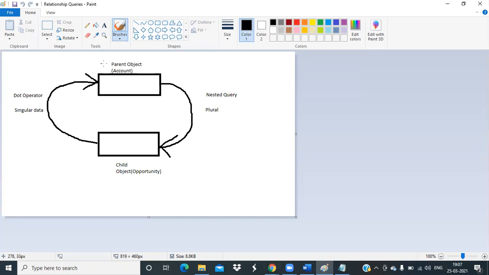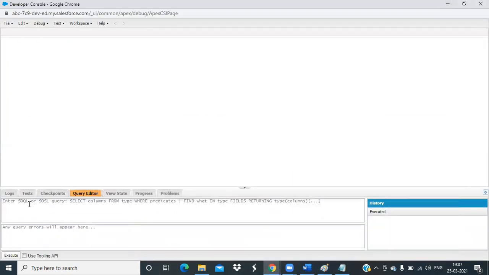So in the last class we were discussing SOQL. We drew this diagram to understand how the relationship query works. Tell me, suppose I have a relationship between account and contact. We know that account and contact are related.